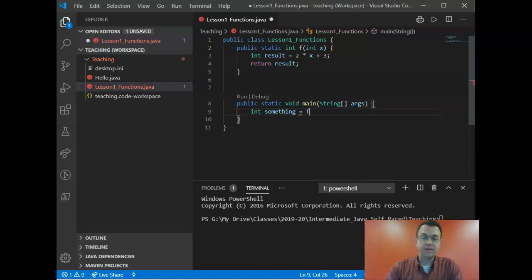And I want to evaluate f of 7, because that's what we evaluated before. Put a semicolon at the end. So now we are calling the function f that we defined. We're passing the 7. 7 will become x. This will then calculate something called result, and then result will be passed back to us and go into something here. And so let's do system out print line